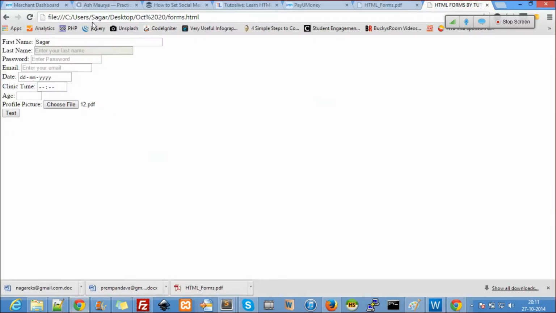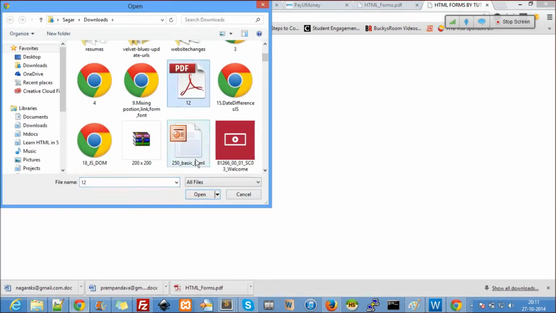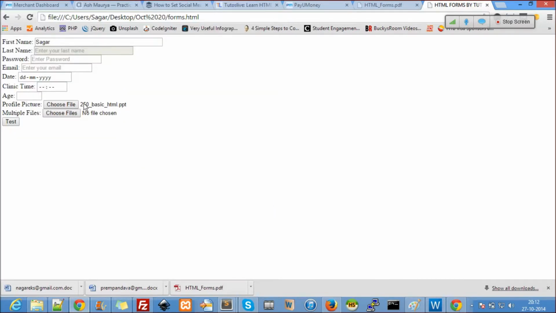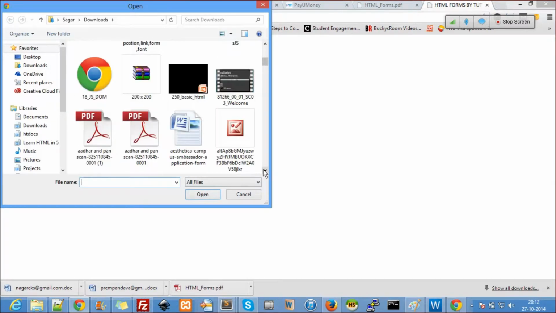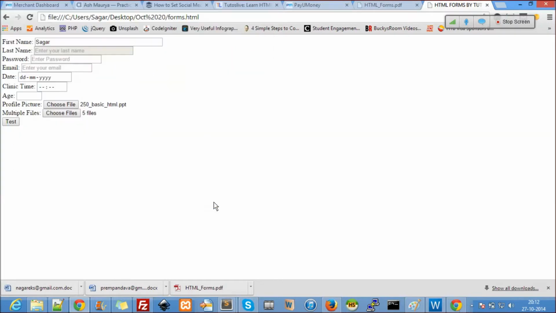Now let's see. I'll just refresh this. Now here for profile picture, I'll try to select multiple files. See, is it allowing me to do it? Let me see. See, it selected the last file, right? Now let's come back here for the next one, multiple pictures. I want to select these. Now you see 5 files selected. So that is the importance of multiple. When you want to select multiple files, you can do this using jQuery also, no issues. But when HTML5 is giving that option, why not use it? That's the only thing.